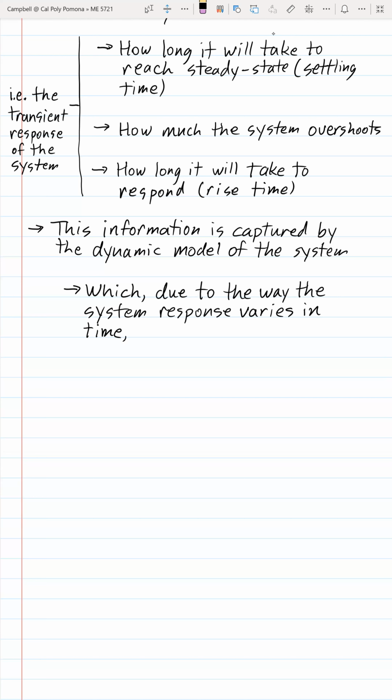Well, what is the best mathematical tool, the best mathematical concept that allows us to capture that? We're interested in how something's changing as time is changing. Well, doesn't that sound like d something dt? Absolutely. And so the best mathematical tool at our disposal, and a very powerful mathematical tool,